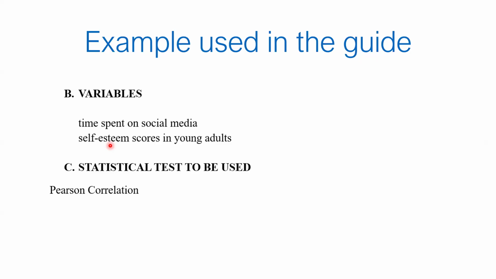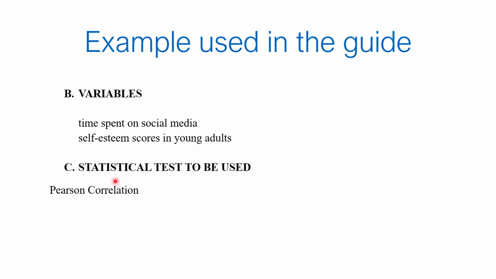We keep in mind that later on, when we find out that there is a significant correlation between the two variables, it does not mean that one variable would cause the other and vice versa. There's only a possible link or an association between the two, or they are related or correlated, but one variable does not cause the other. Because correlation does not imply causation. So you have to keep that in mind.